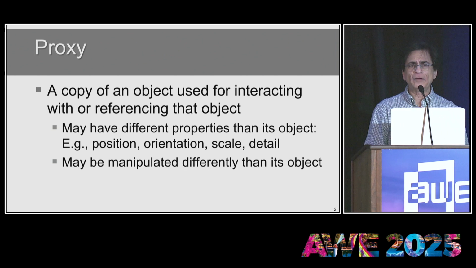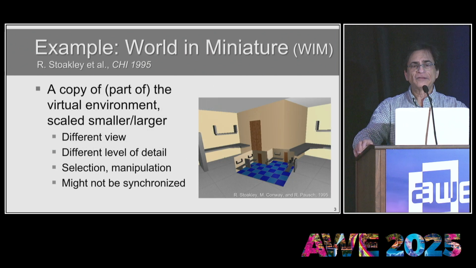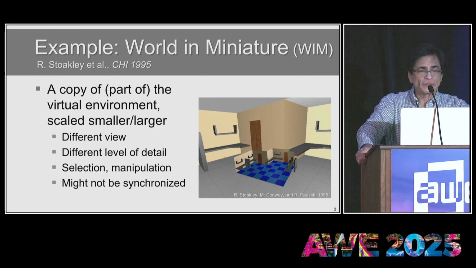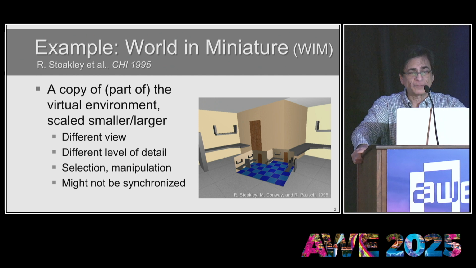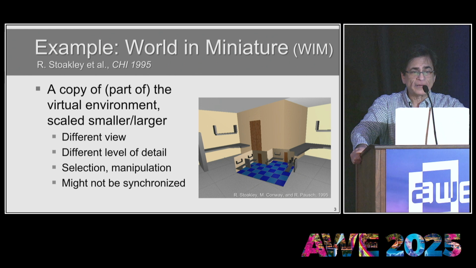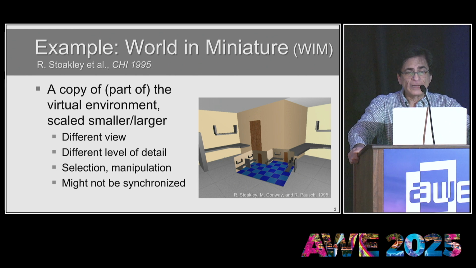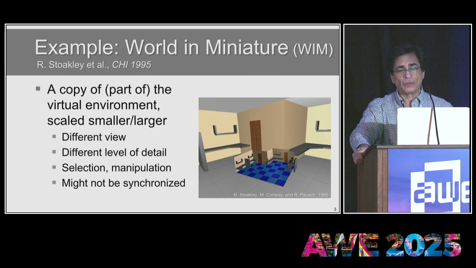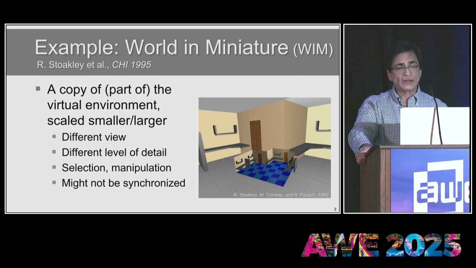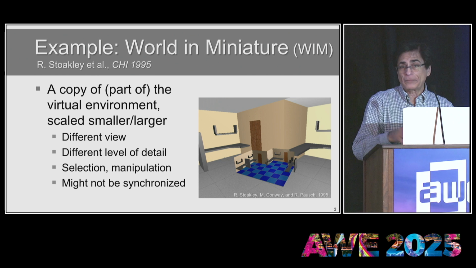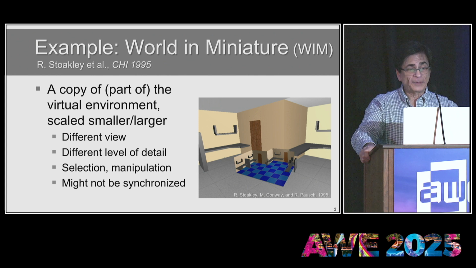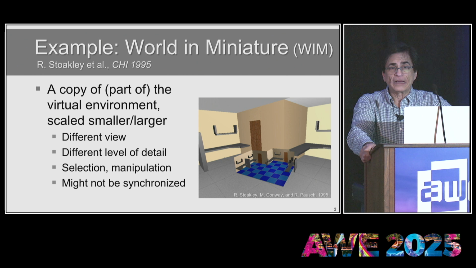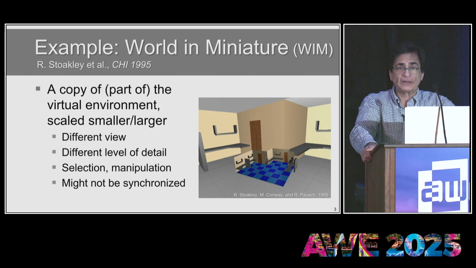And I'll start with one of the oldest kinds of proxies, something known as a world in miniature. This is work due to Richard Stoakley and colleagues at Randy Pausch's lab some 30 years ago, published in the CHI 1995 conference. The idea there is that the world in miniature was a copy of part of or all of the virtual environment, scaled smaller, as in miniature, or on the other hand, might also be scaled to be bigger. You can think of this as being a generalization of the idea of a mini-map in games,